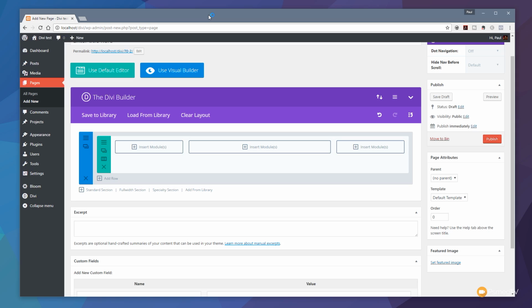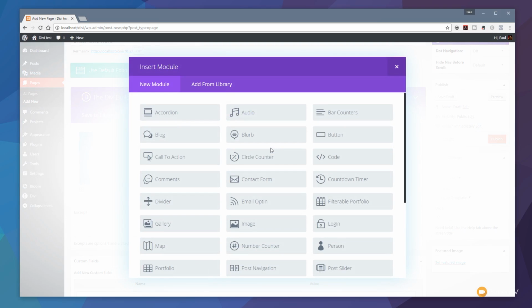So graphics, if we want to put images in there, we'll put sliders in there, text blocks and so on. Each of these different ones have their own sort of terminology, and Divi's no different. So let's just go into the first module and create something in there. So let's just click in there, and you can see that opens up the option to insert the module, and